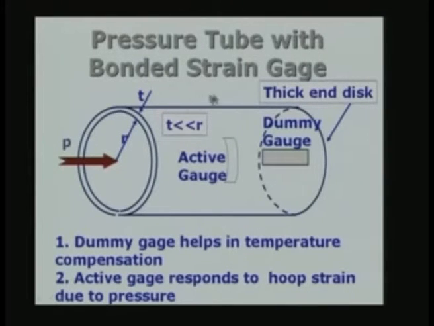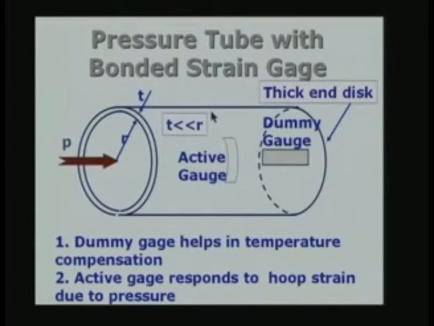So, what I will do now is to look at the possible ways of arranging the strain gauge. Of course, after looking at this arrangement, we will try to see how to characterize the strain gauge and how it is used for measurement and so on. That will come later. So, one arrangement is what is called a pressure tube. A pressure tube is simply a short length of tube, as is shown here, of thin-walled construction. So, you have a radius of the tube equal to r and the thickness equal to t, as you can see here.